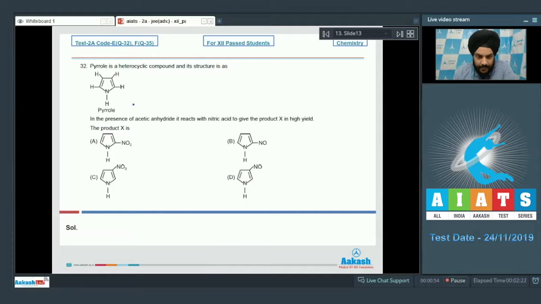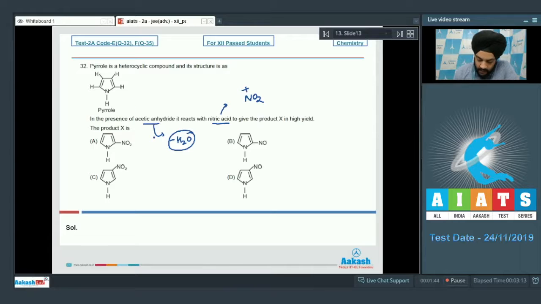We've been given the structure of pyrrole. In the presence of acetic anhydride, it reacts with nitric acid to give the product X in high yield. So we have to identify the product X. If we talk about this reaction condition, students, there is acetic anhydride and then there is nitric acid. This acetic anhydride is going to act as a dehydrating agent. It will remove a water molecule from nitric acid to give us the NO2 plus. So there will be the formation of nitronium ion, and now this nitronium ion will be attached to this